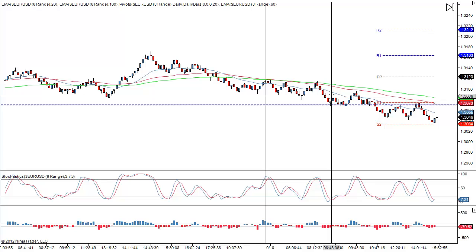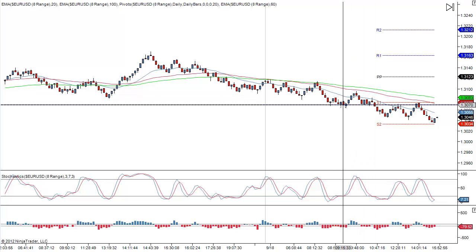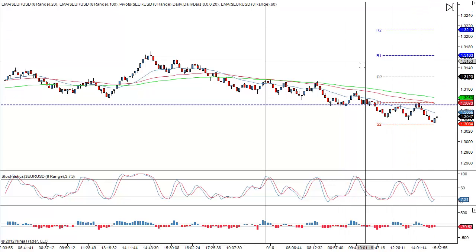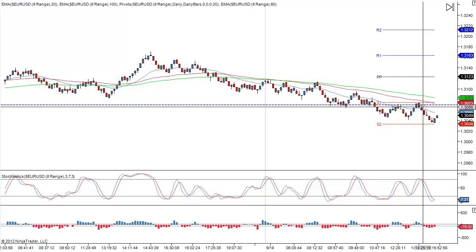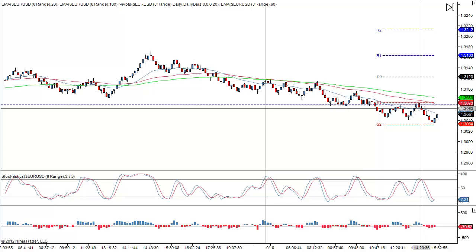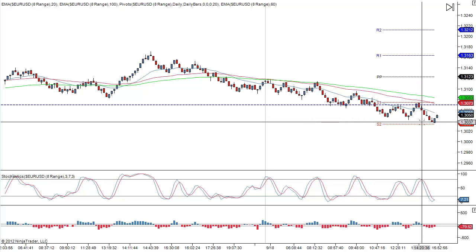Okay, you can take the trades in the middle of nowhere, but it's much better if the trades are turning around at levels of previous support, which becomes resistance, like this guy here, or on the way up a previous resistance, which becomes support. So if you can take these trades from predefined levels and you're patient enough to do it, then they are the better trades. They're the more high probability trades. So you're waiting for momentum in the markets, you're waiting for a pullback to a predefined level, and then you're waiting for your indicators to line up, which is the stochastics to cross, the CCI to be at the